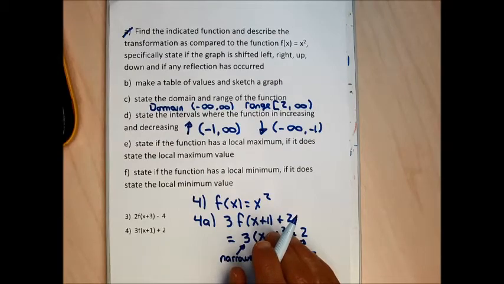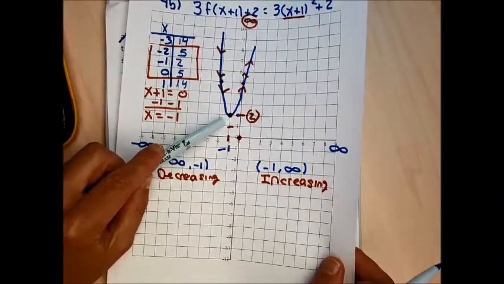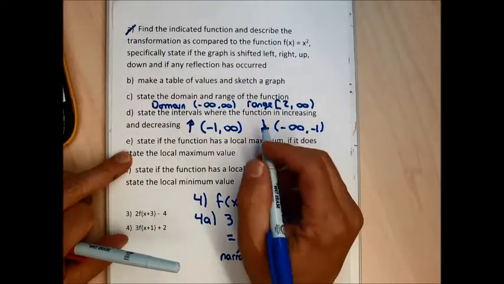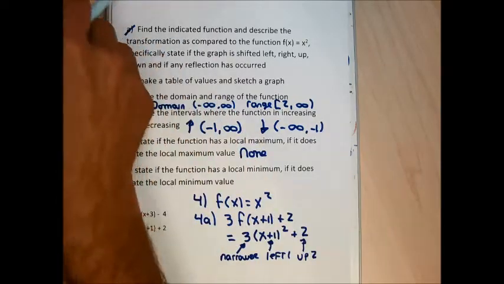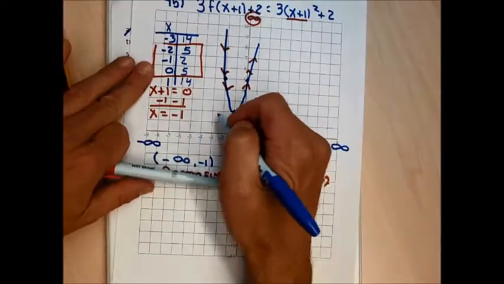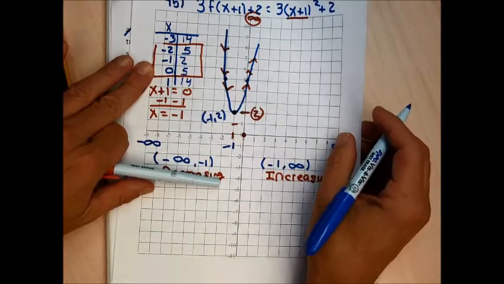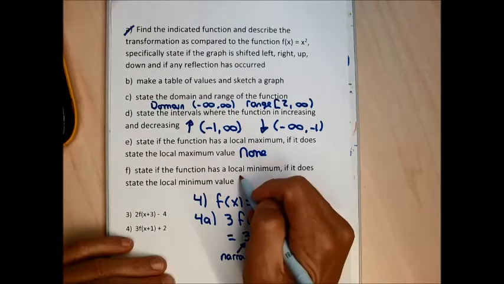Now I'm looking for the maximums and the minimums. The vertex here is a minimum point and not a maximum point. So when I go to answer part E, state if the function has a local maximum, I could just say it has no local maximum. The vertex of the point negative 1, 2 is a minimum point. And when I go to answer the question for part F, I'm going to say there's a local minimum, or there's a minimum